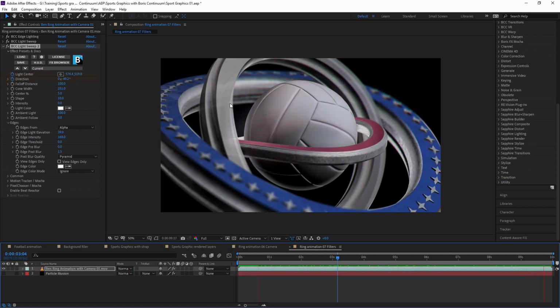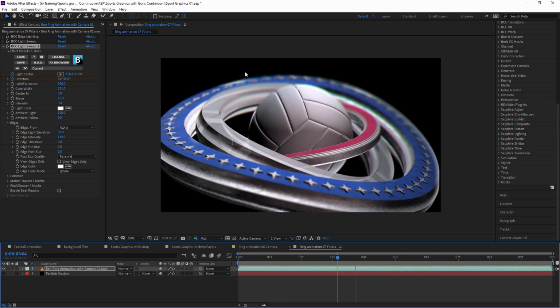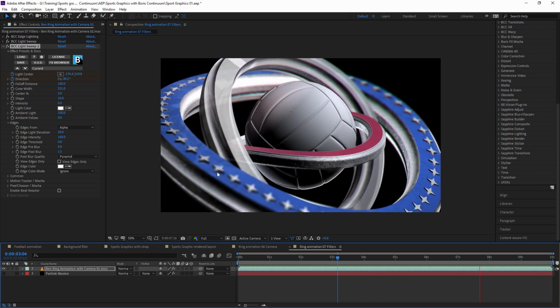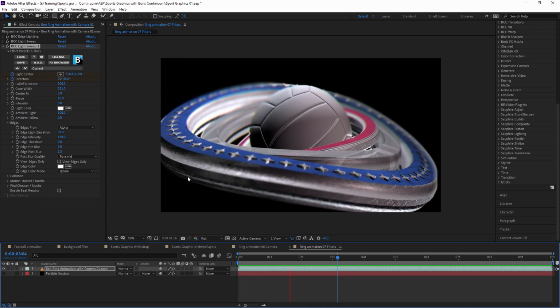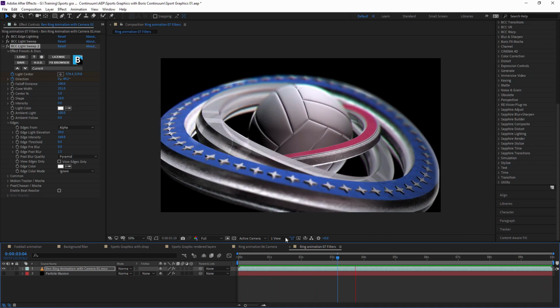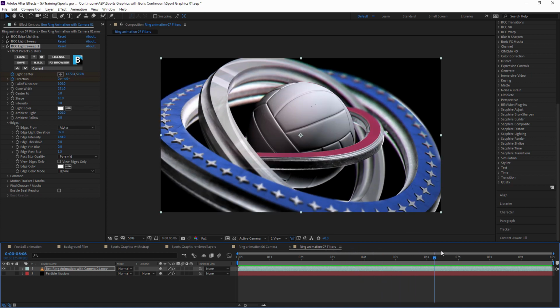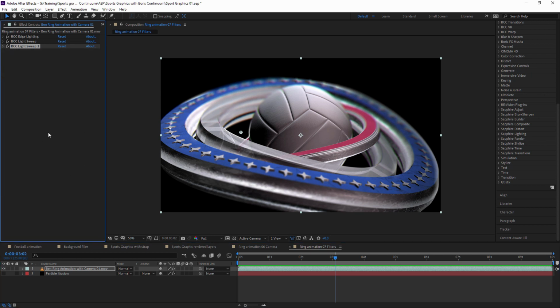We'll do a RAM preview on that. There we go. That's a nice little trick. You can see it's giving us a little bit more movement onto the animation, making it look as if we've got more lights just moving around. And I know it's a cheap trick, but I really like it. There we go.